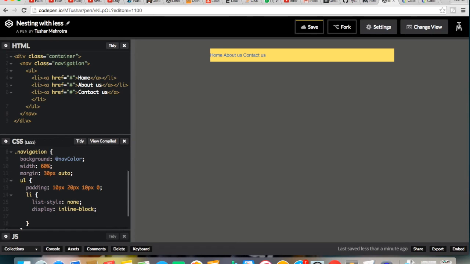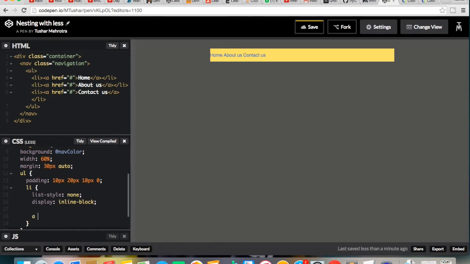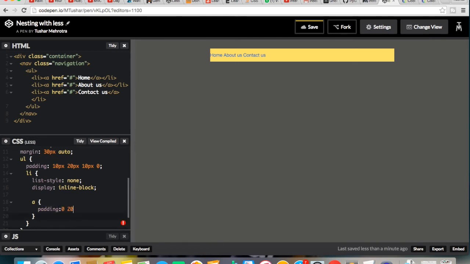Now I'll work on the anchor and I'll include it inside the list only. First I'll give some padding, 0 20px I guess. Color will be black for now. So you can see the effect is coming.